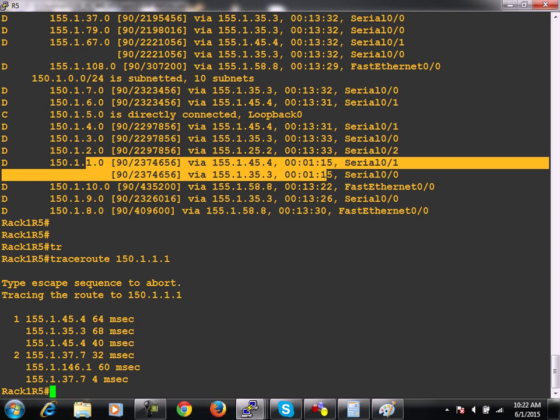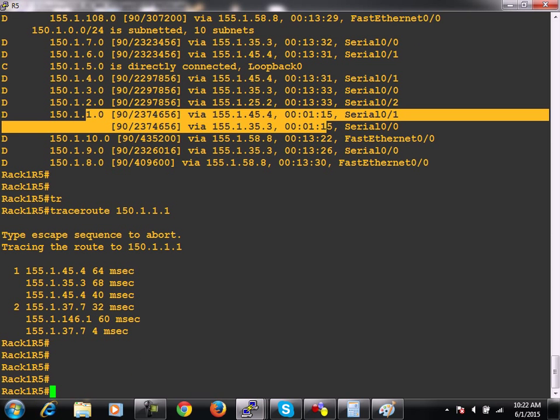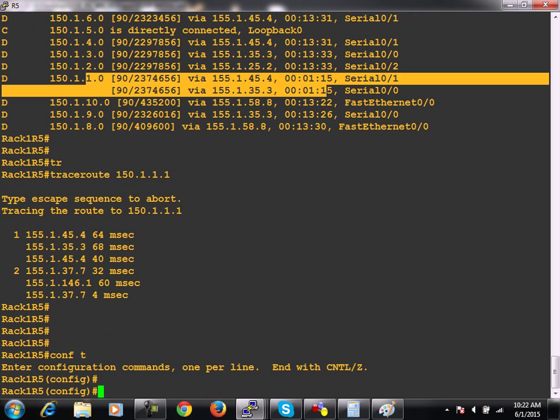So in this way you can use offset list in EIGRP. But again I am repeating my line that in RIP it was also possible to perform route filtering with using offset list, but here in EIGRP it is not possible to perform route filtering with using offset list. Fine. After going through this offset list,